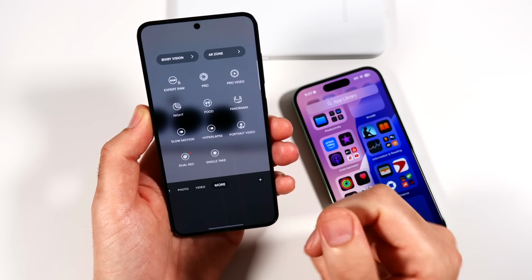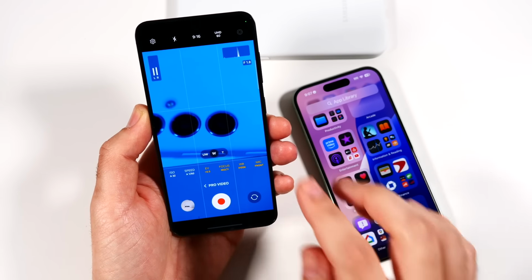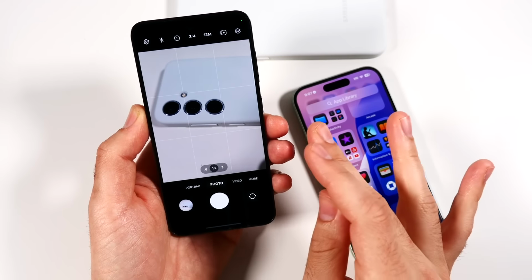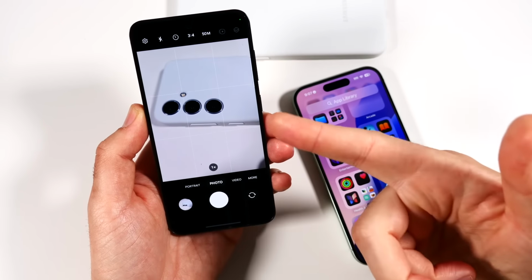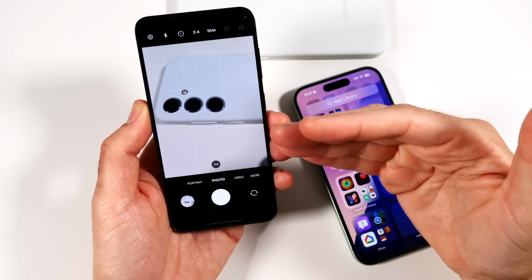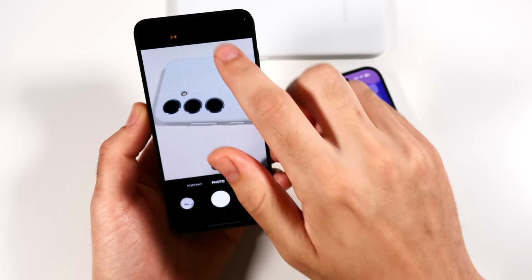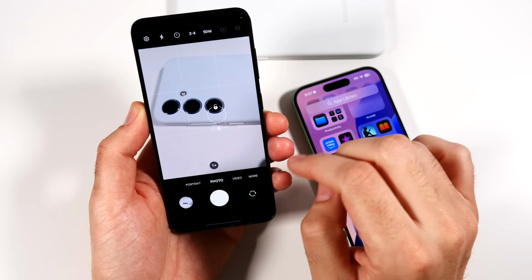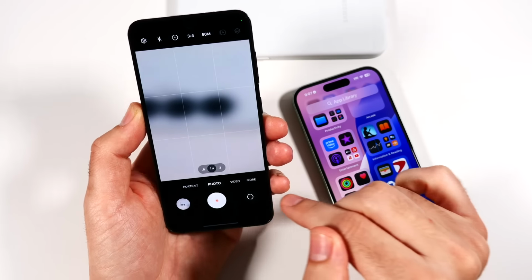Pro modes, Expert RAW, the versatility of a pro video mode as well. Man, you can go to town with any of the S24s. Really nice that they throw that software in there, even on their basic models. They're not basic, but they're the lower end S model. They didn't have to put all this, but they do, which is nice. Going over here, you can see different aspect ratios. And generally speaking, I just find that using this after the past 6 months,